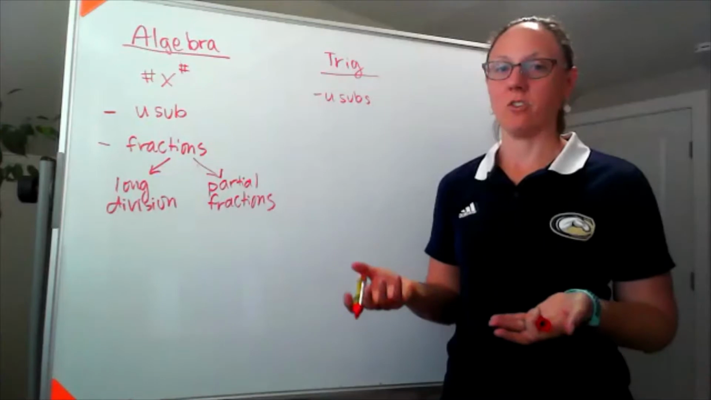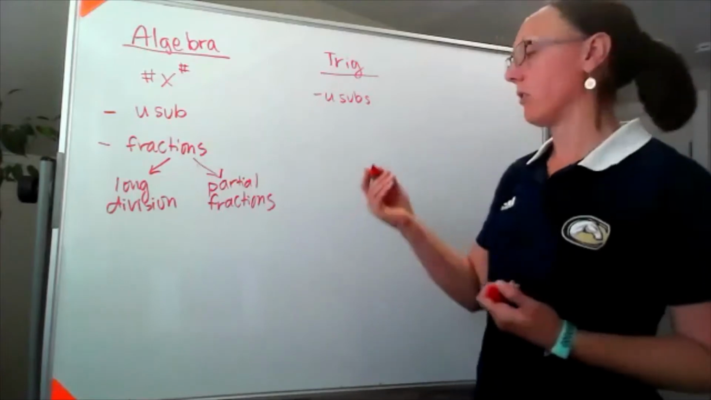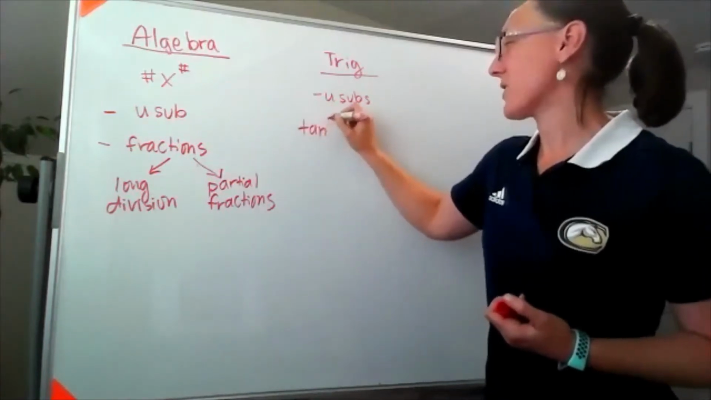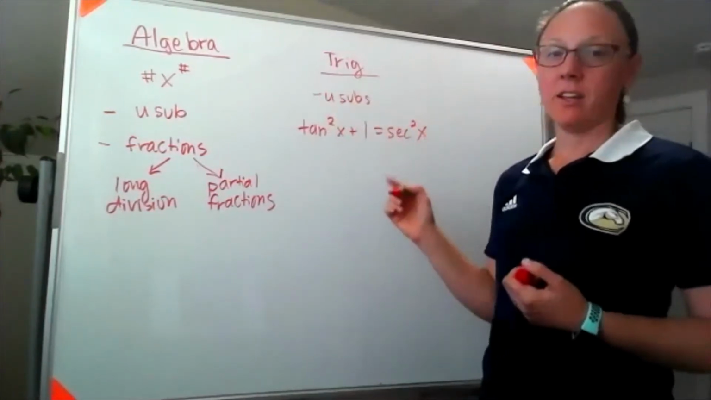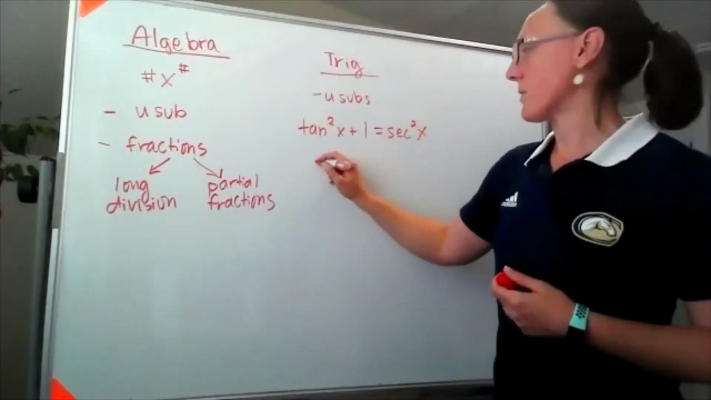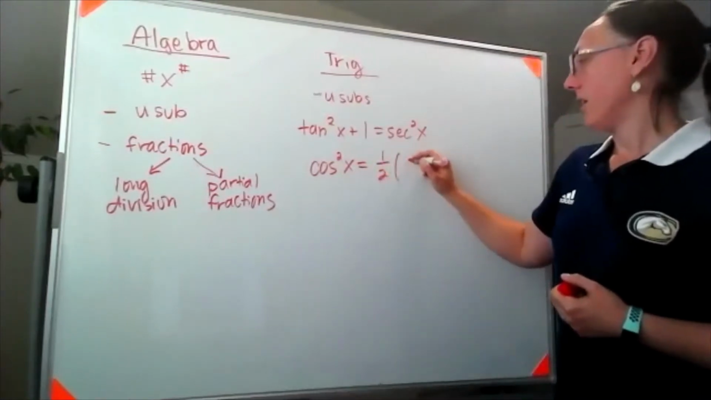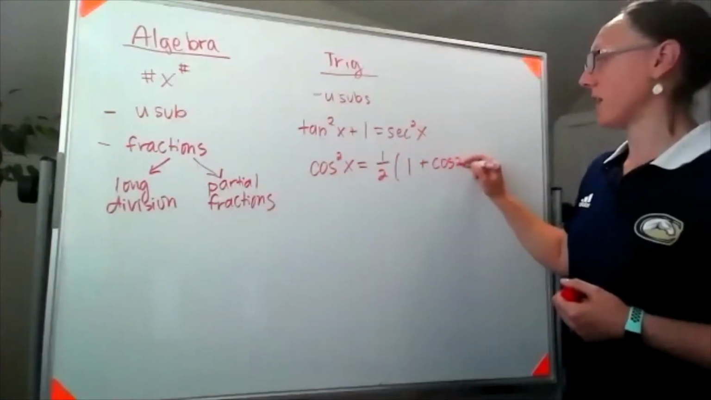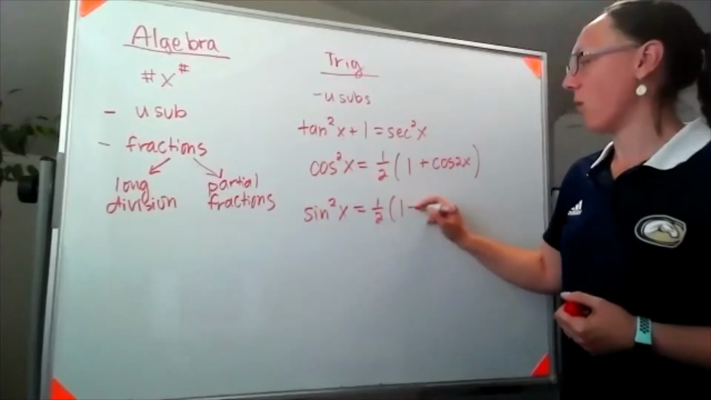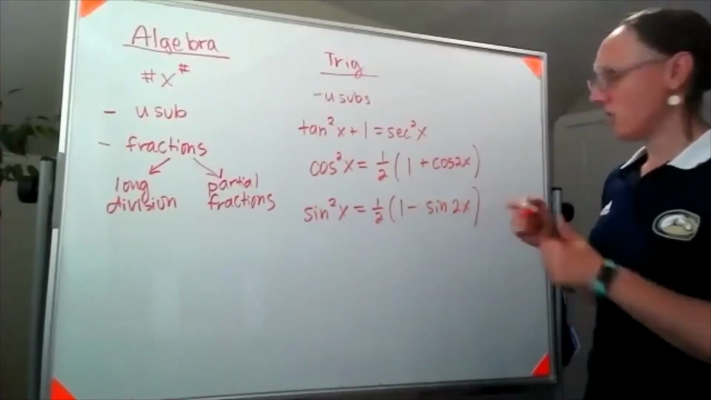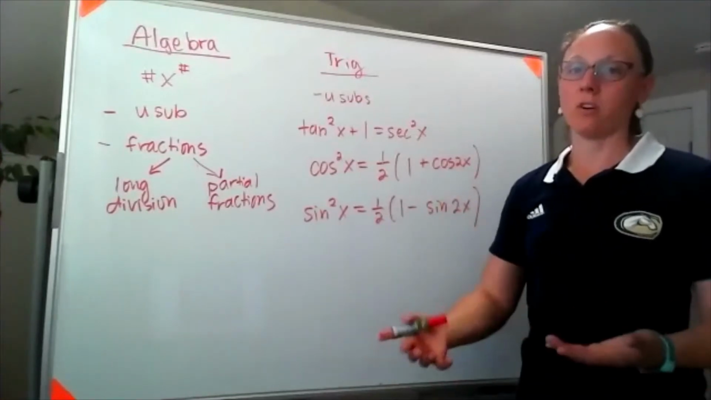trig identity substitution. Common ones that might show up in terms of being useful for integrals, knowing that tangent squared x plus 1 is equal to secant squared x. That's a common one. The other one that shows up sometimes, cosine squared x is equal to 1/2 of 1 plus cosine 2x. And sine squared x is equal to 1/2 of 1 minus cosine of 2x. These are the three most common trig identities that you might have to use in order to get through an